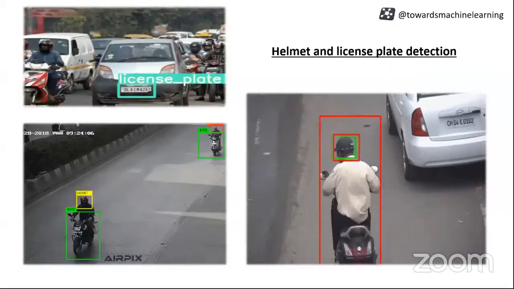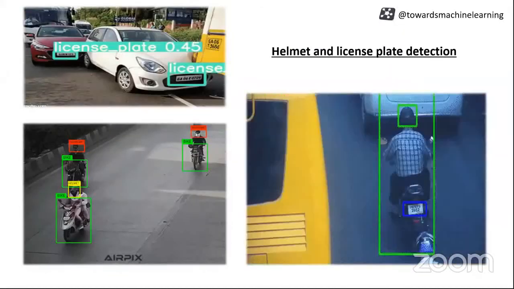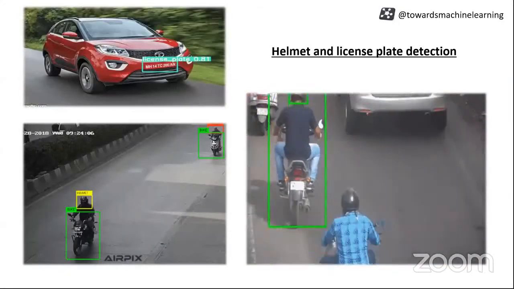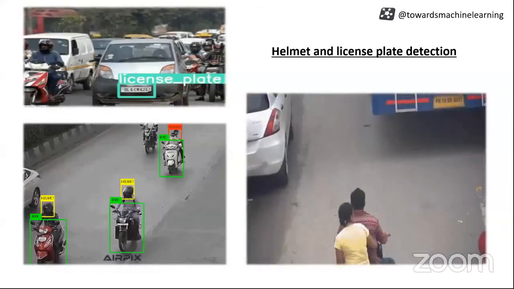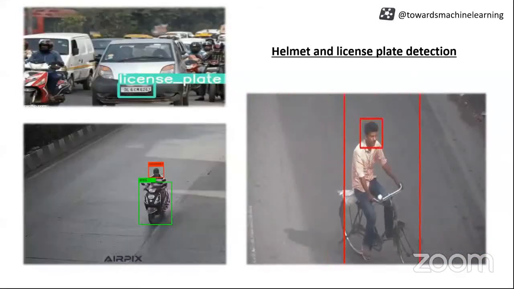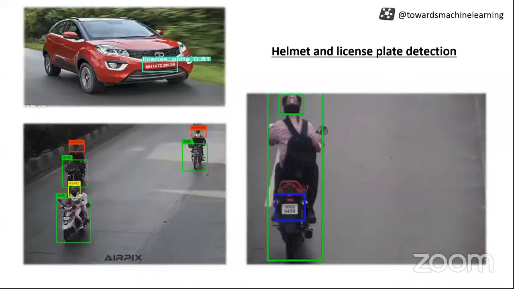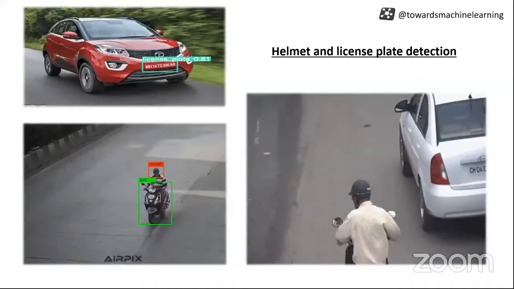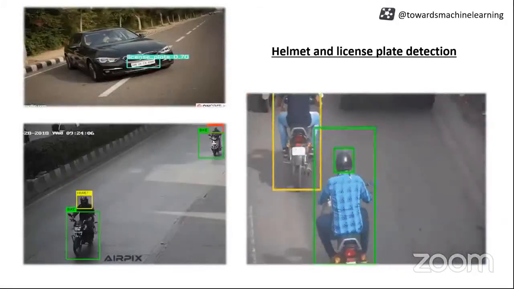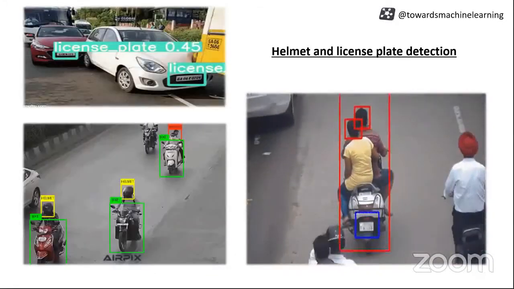Next thing you can see is helmet and license plate detection as well. They have these things nowadays. When I was residing in Pune, they had installed this kind of thing there also. The RTO has this, so they can detect whether you are wearing a helmet or not. They can detect your plate number, and they can directly fine you. They don't need to catch you. So this kind of application is also there.